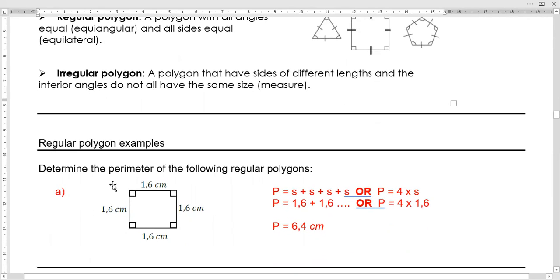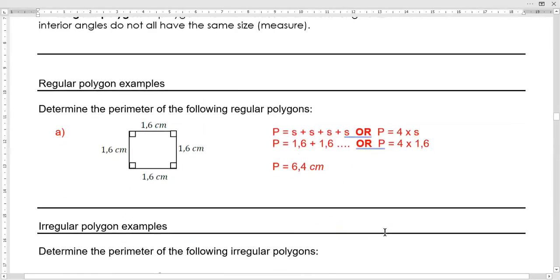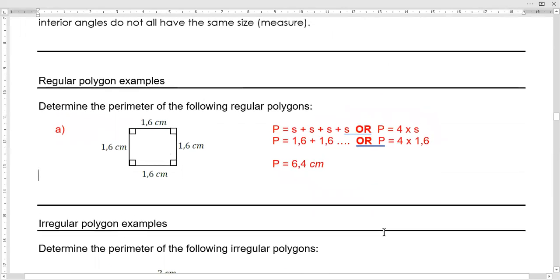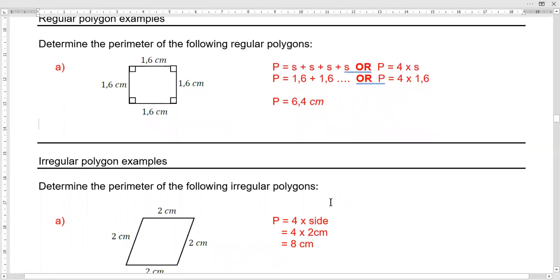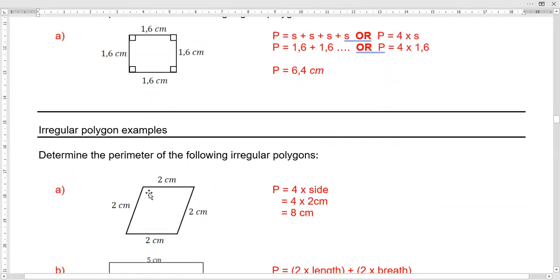Okay, so determine the perimeter of the following regular polygons. So it's this shape over here. Perimeter is when we add all the sides together. So you can either add them all together, or we can actually just go 4 times 1,6 and get the answer. So that's for a regular polygon. But for irregular polygons, we can't now use this 4 times whatever as our new thing, even if it looks like a square. Okay, so this one looks similar to a square, but it's not, because it is a